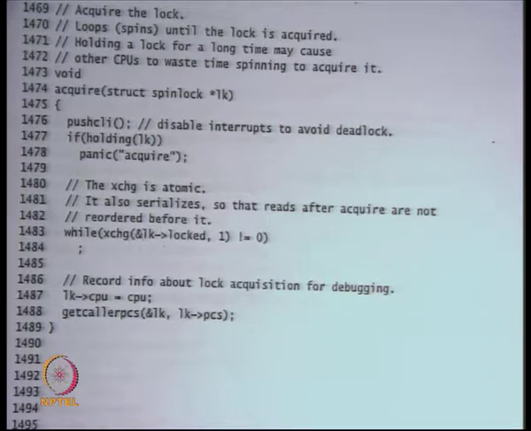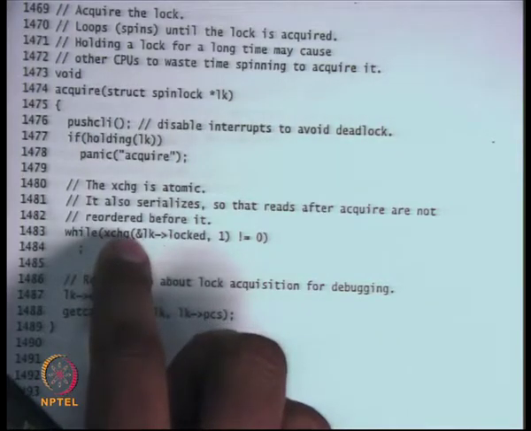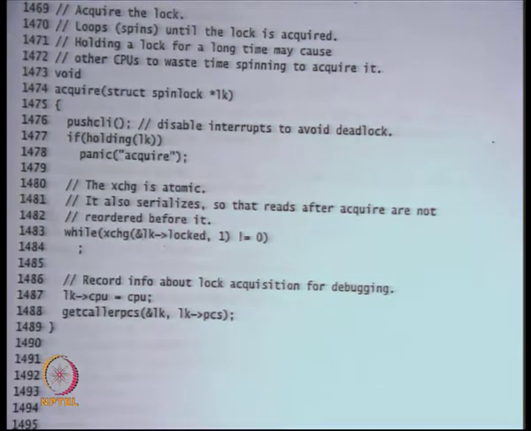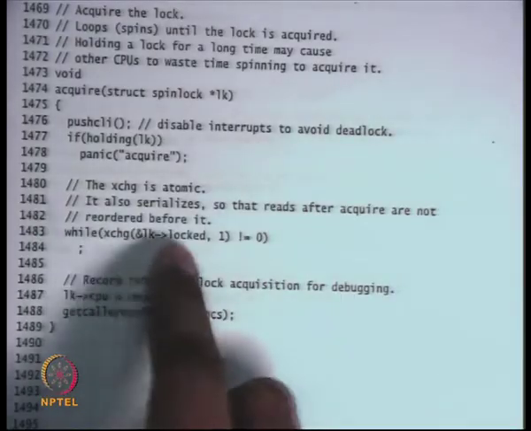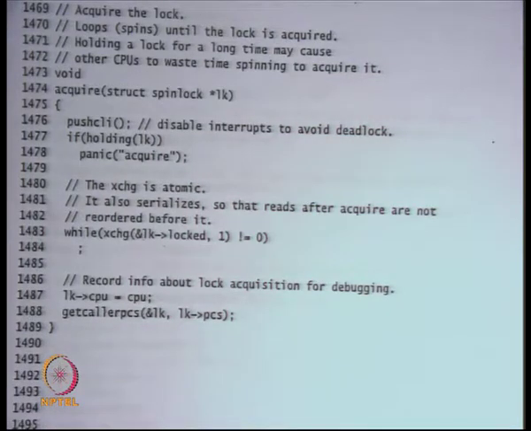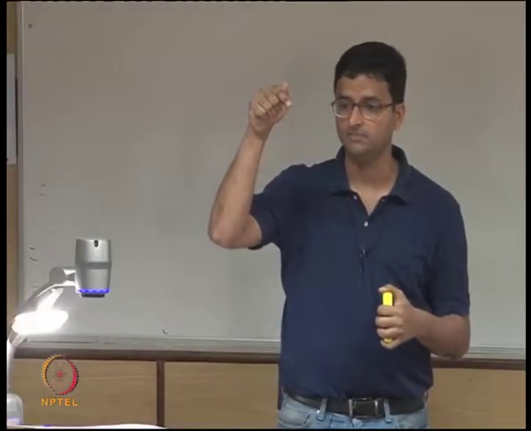No, because the other thread should also be taking the lock, and it will not get the lock because it has already called the exchange instruction here, right? So it has set the lock variable to 1. So any other thread will not be able to acquire the lock. So if there is an interrupt handler, it may try to reacquire a lock which was acquired initially by the kernel. Right. So what if the interrupt handler also tries to access shared data, right? So we are within the kernel, and it's possible that whatever data you are accessing, the interrupt handler also tries to access the same data.